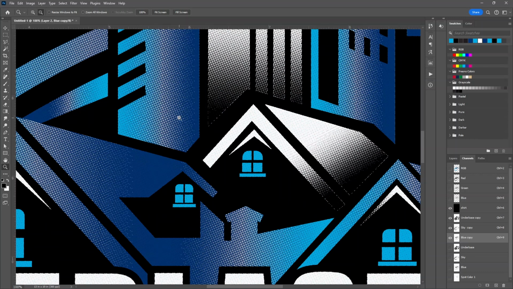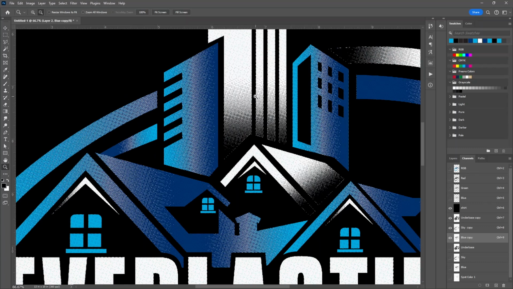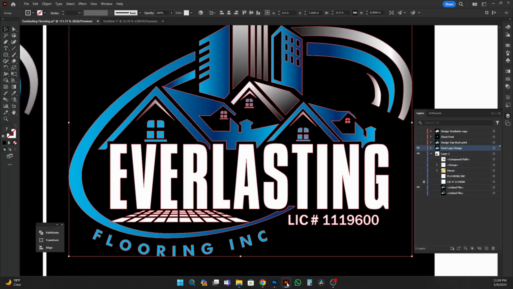I didn't like how this didn't blend that well. I mean, there's white right here. Then this is supposed to be solid. And it has halftones. Then it gets all this jittery. And I was playing around with it, but it was just taking too much time. And to me, it seemed like too much work. So I decided to go with the other approach, which I'm going to be using Photoshop and Illustrator, along with